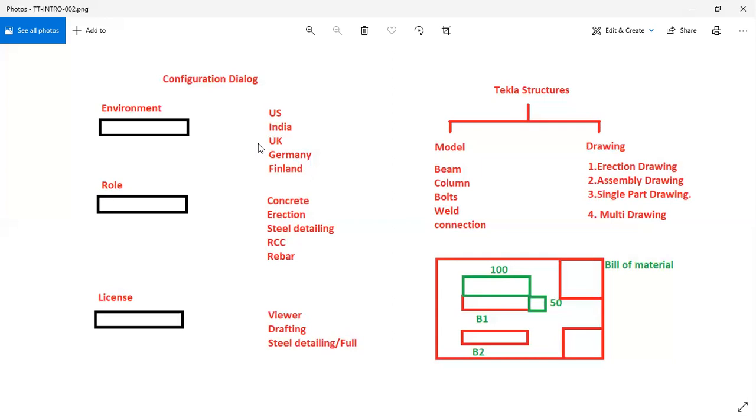So carrying all those environments every time while modeling will take space as well as consume memory also, right? When you're starting Tekla Structures, it will slow down Tekla, right? So that's why